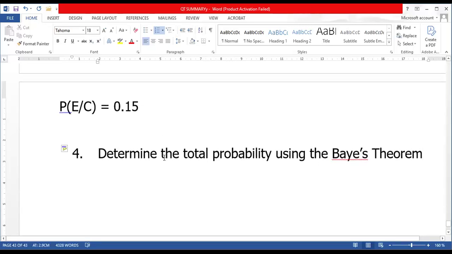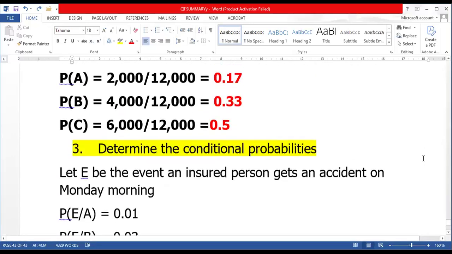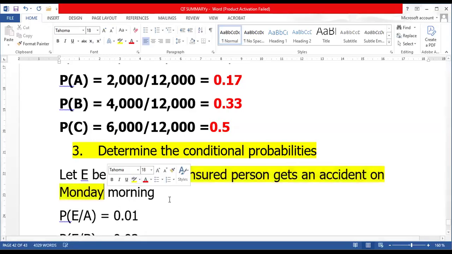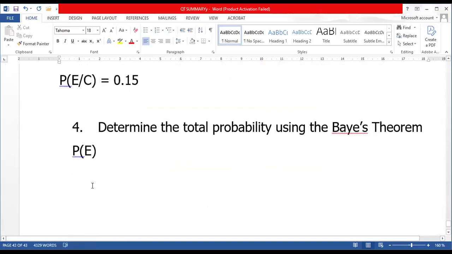Now, when you are getting the total probability using the Bayes theorem, what is the total probability that you're trying to get? You are trying to get the probability of E. You see that we don't have E. We don't have the probability that the insured person gets an accident on Monday morning. So what is that probability? Now, to get that probability,